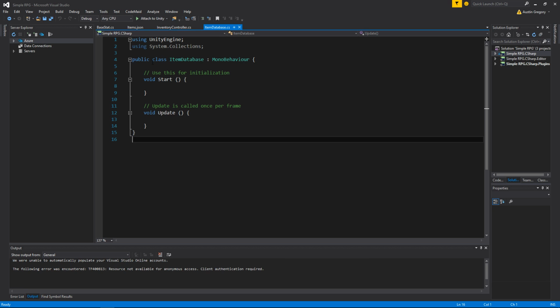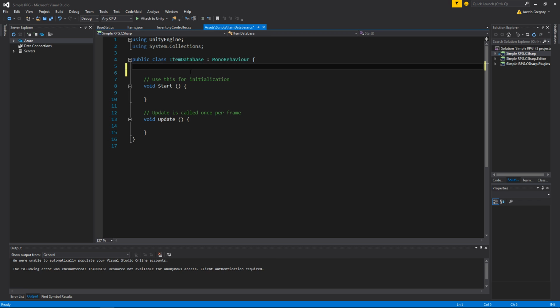How many things will need to reference the item database? Would it be ideal to pass the reference around, or again use a singleton pattern approach? I'm not positive. So we're going to start with the singleton pattern and work our way back from there